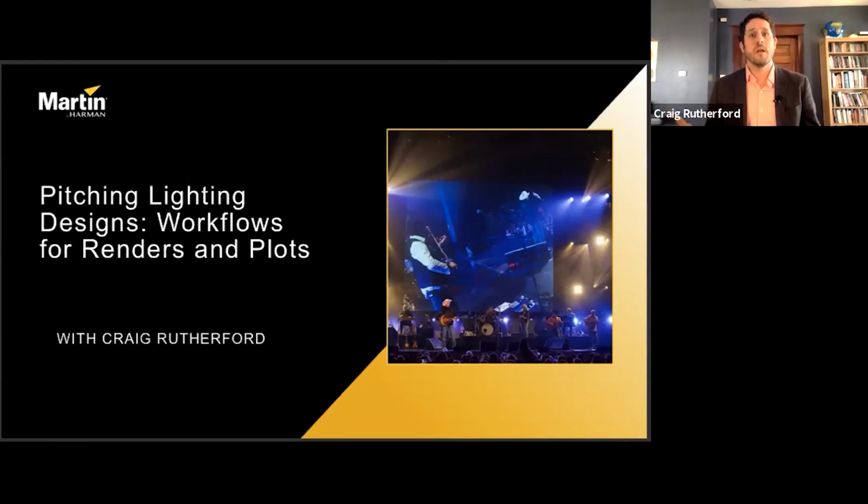So to begin, let's talk about the workflow common to both situations, both pitching to a client blind and clients who are going to have input into the design process. And our starting place, naturally, will be generating and drafting your ideas. And we'll start with generating your ideas.